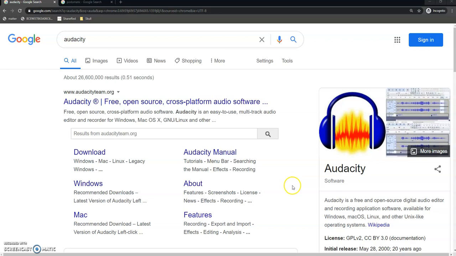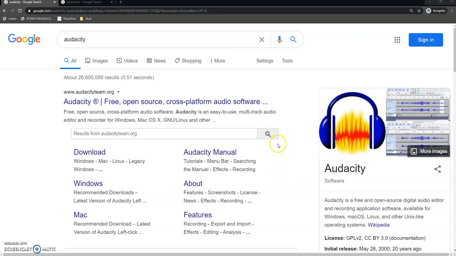In this video I am going to show you how you can create your own podcasts, and I'm also going to show you how you can upload your podcast to a website called Podomatic. So let's start. To begin, to create your podcast and record your podcast, you will need a software which is